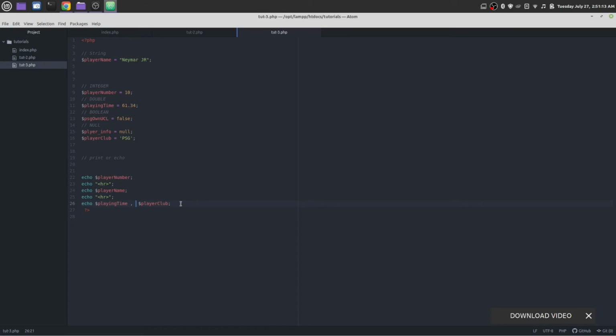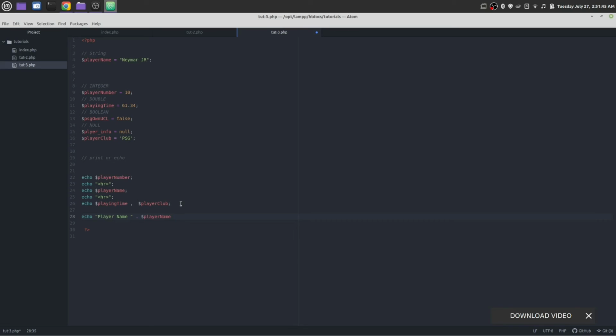Okay, another way of showing all of them is by using concatenation. Let's do some concatenation. Echo player name. We can concatenate by using dot. Player name would be player name. Okay.